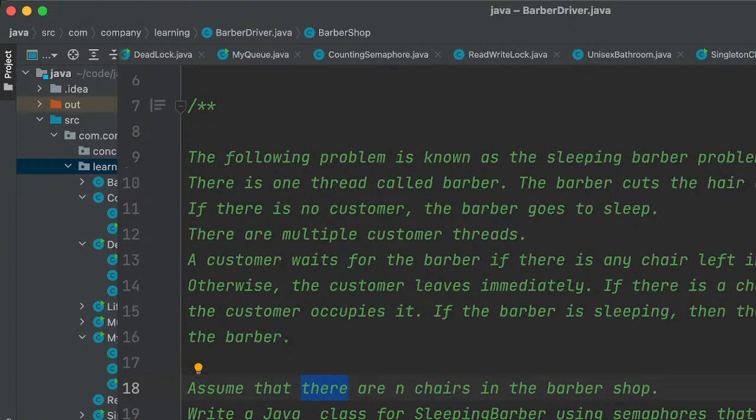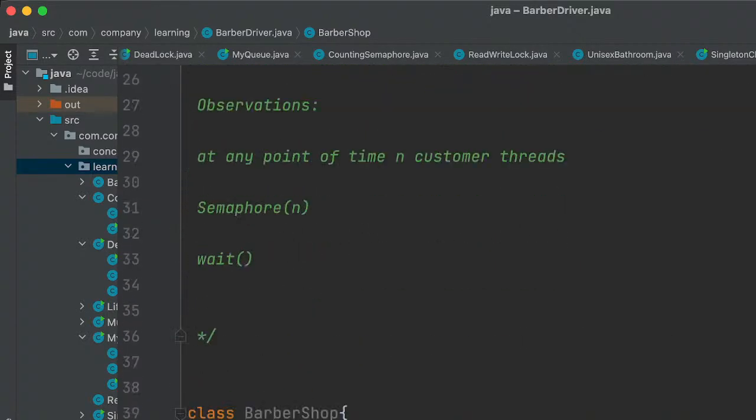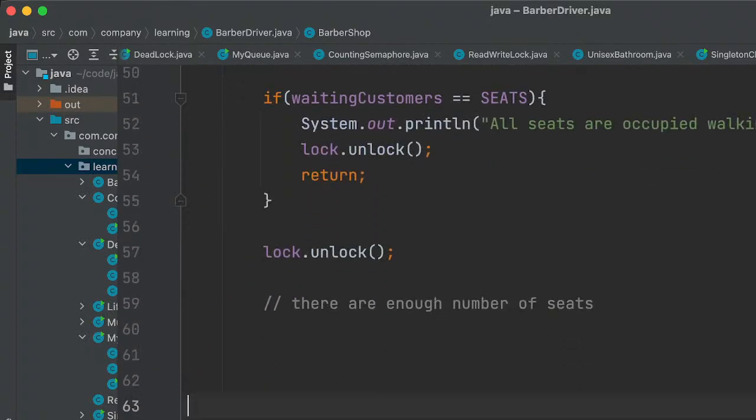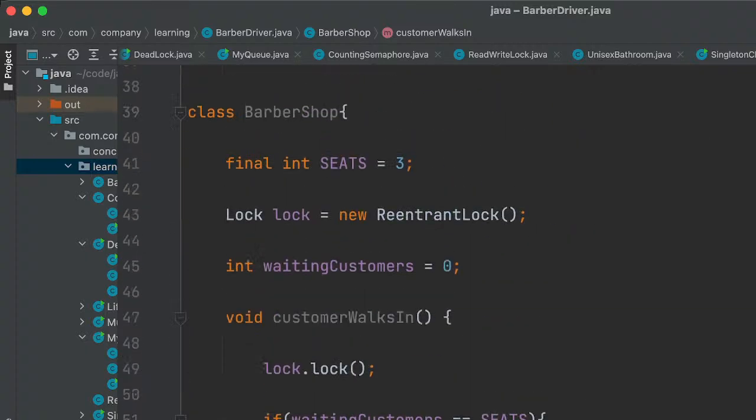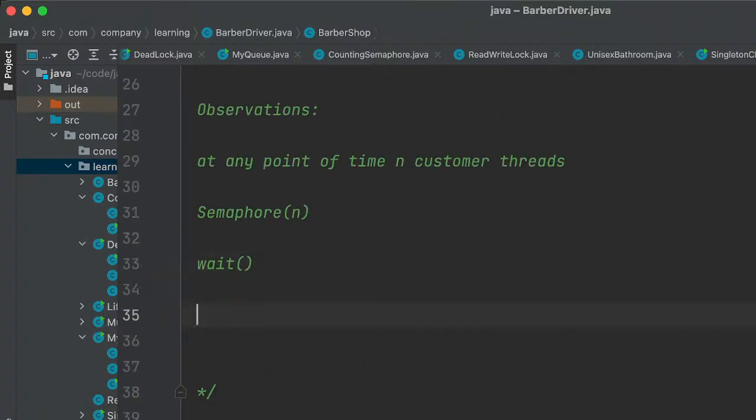So as per the problem, the thing it is required is a customer waits for the barber, and it is mentioned that if the chair is available, okay. If the barber is sleeping, then the customer wakes up the barber.